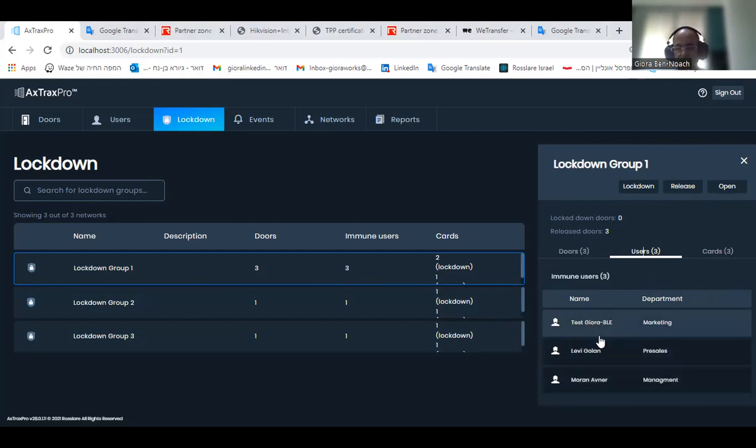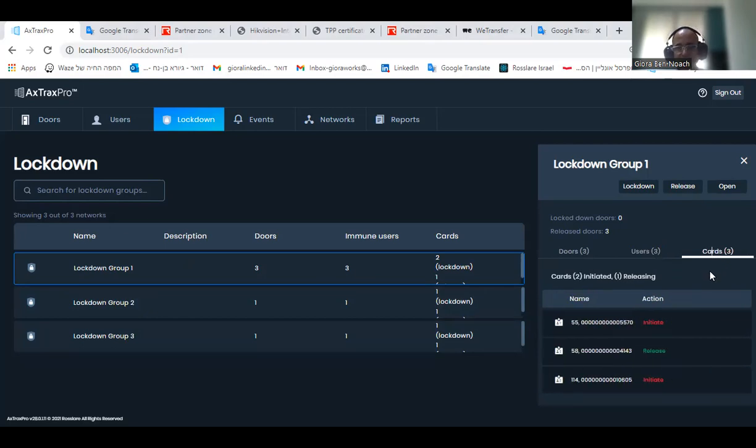And I see the name, and I see the department. And I see here the cards. We said that we had cards to operate or release. So I have 2 cards to initiate a lockdown, to arm the lockdown, and 1 to release, 1 to disarm. We will do it live, and you will see how it operates. And I can operate the lockdown and release it from here. We will do that. But before we operate and activate a lockdown, I will show you what happens